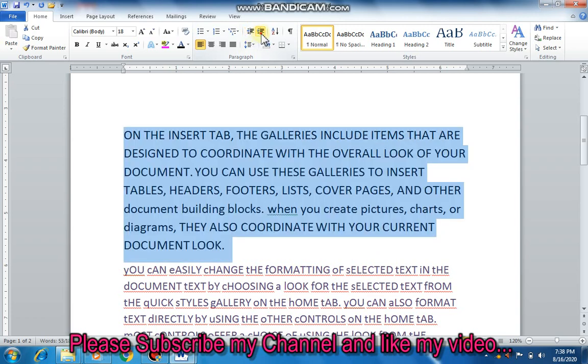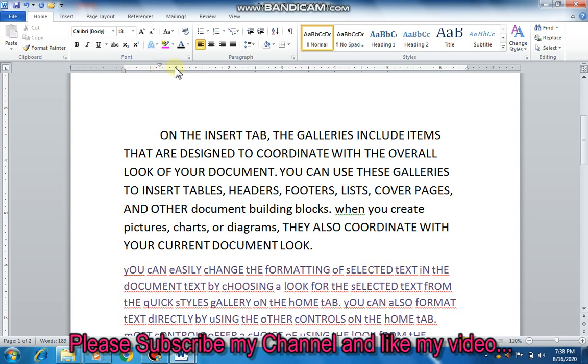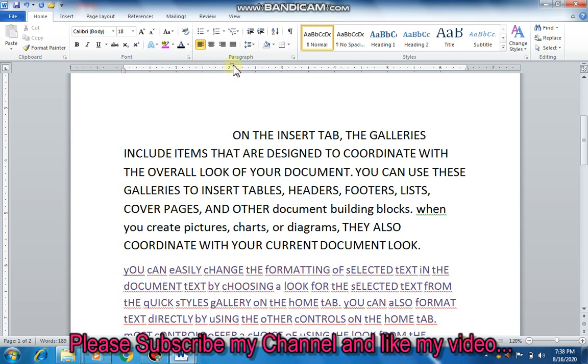Okay, now let us understand how to use the indent markers on the rulers. For that, you have to look at the horizontal ruler bar. On this there are 2 points, as you can see. The first one at the top is known as first line indent. So when I move the first line indent, after placing the cursor at the start of any paragraph, the first line of the paragraph will be shifted to wherever I move this first line indent on the horizontal bar.